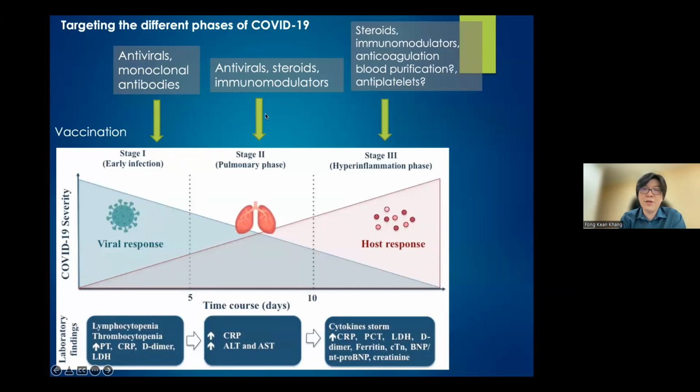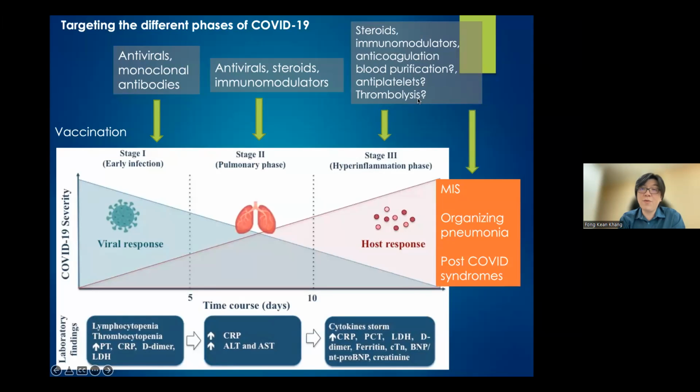Antivirals, steroids, immunomodulators, somewhere in the middle of the pulmonary phase, all the way to the hyperinflammatory phase. You want to modulate the host response to avoid cytokine storm, to avoid host response-induced lung injury, for example. Anticoagulation, definitely, within the hyperinflammatory phase. Some other therapies like blood purification, antiplatelets maybe, I'll talk about it later, and thrombolysis even,